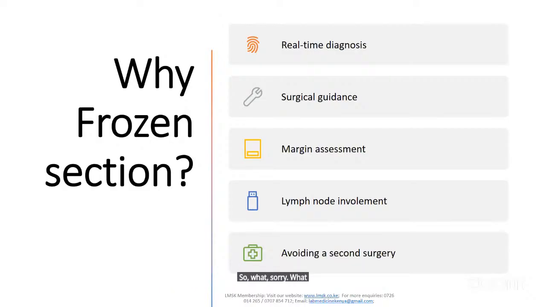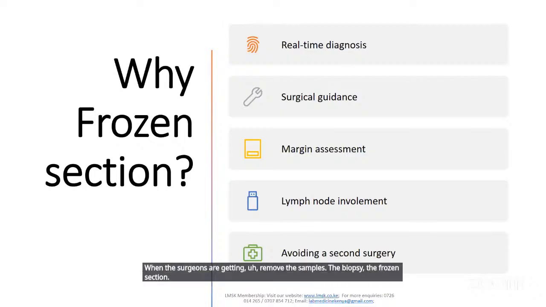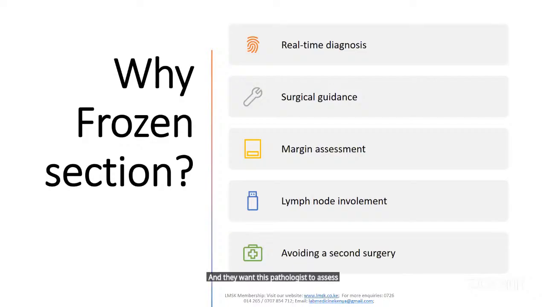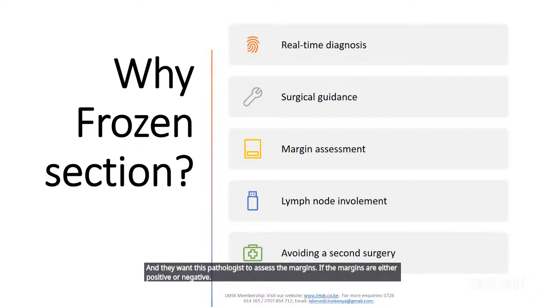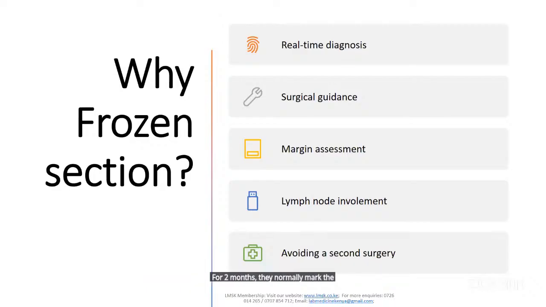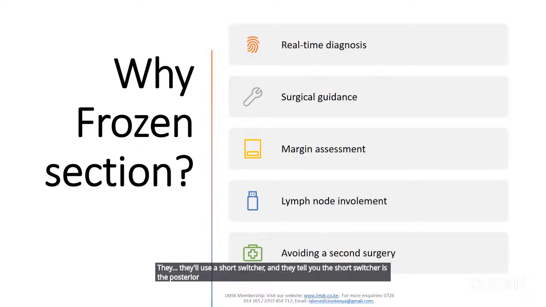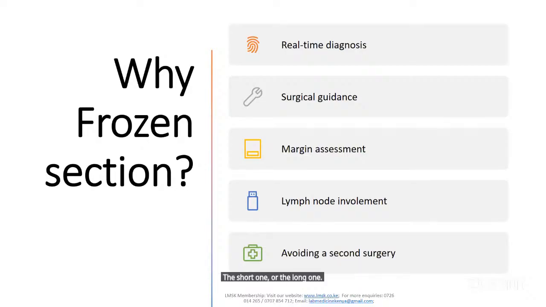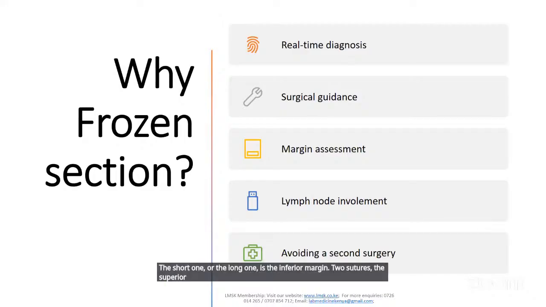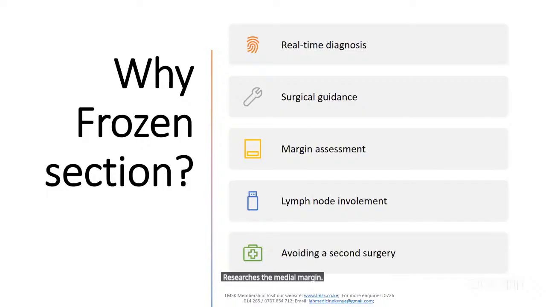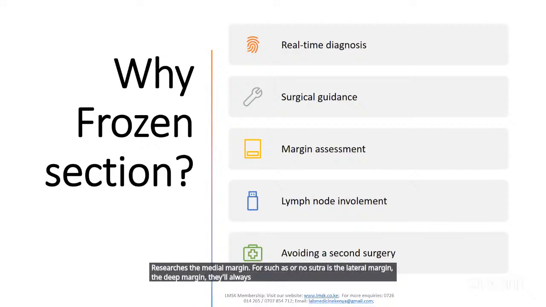So what normally happens when the surgeons remove the samples, the biopsy, the frozen section, and they want the pathologist to assess the margins. If the margins are either positive or negative for tumor, they normally mark the margins using sutures. They'll mark a margin like this, say, they'll use a short suture. They tell you the short suture is the posterior margin, the long one is the inferior margin, 2 sutures the superior margin, 3 sutures the medial margin, 4 sutures or no suture is the lateral margin, the deep margin. They'll mark all those margins, and then they'll write